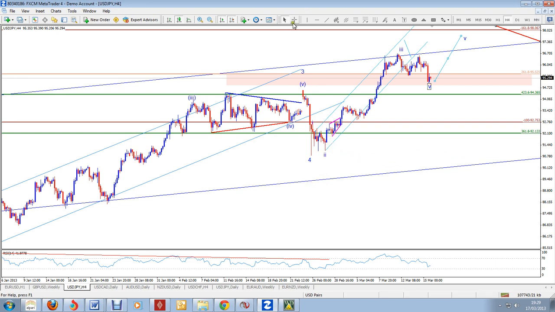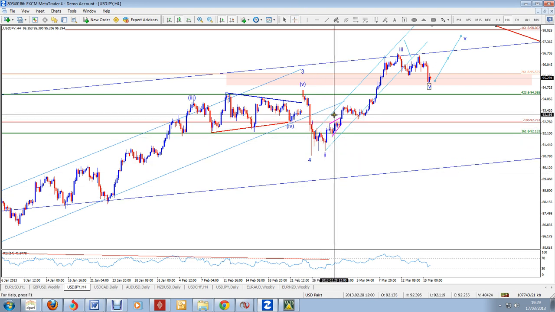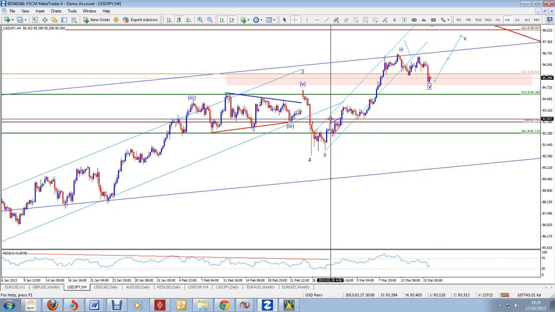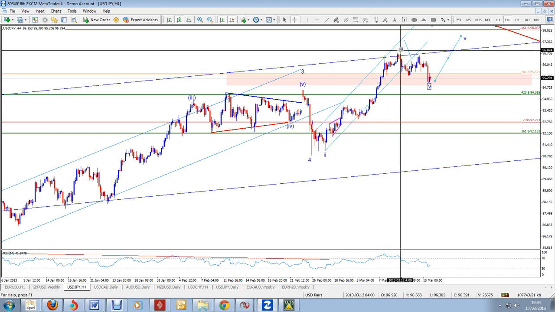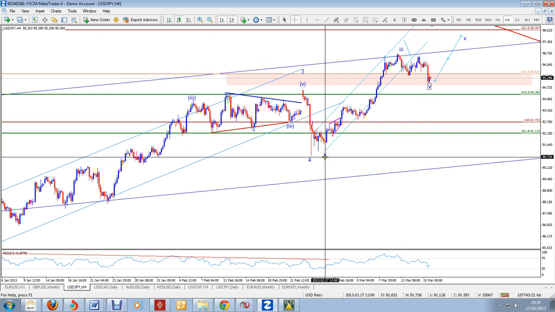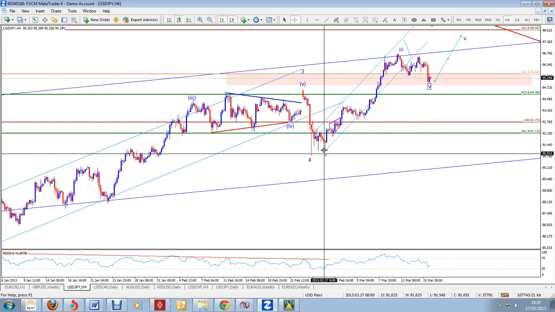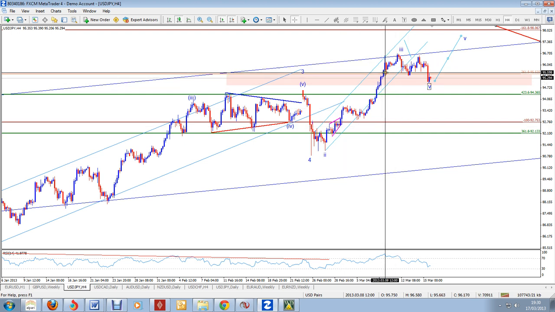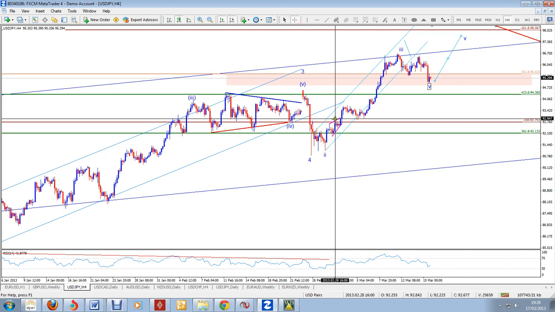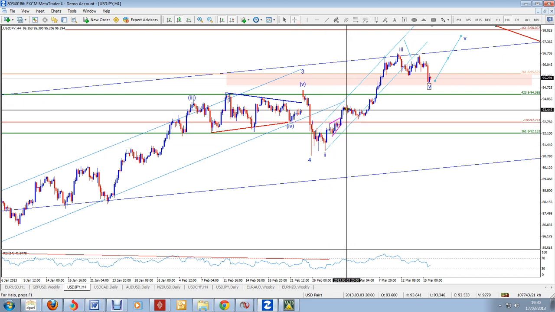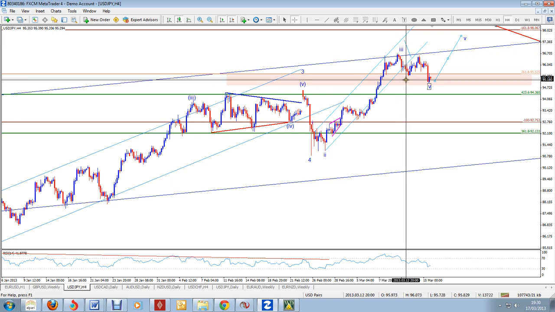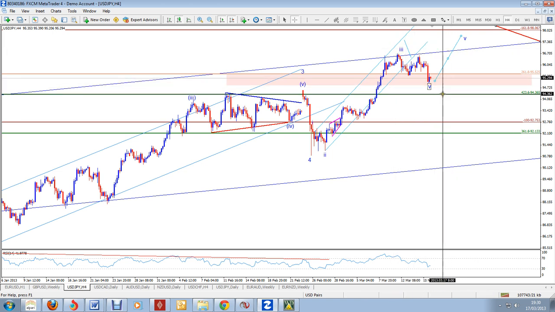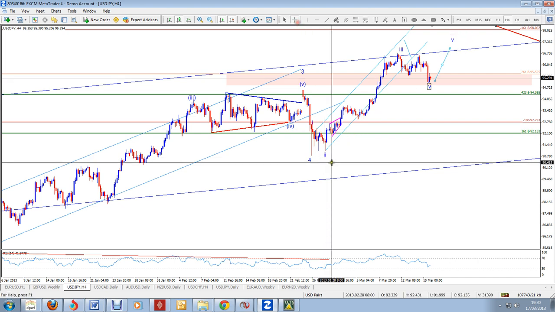So this would be 1, 2, and then this as an internal. Sorry, starting from here, you go 1, 2, and then we've got 1, 2, 3, 4, and 5 as the 3, 4, and 5, which could be something like there, and that will only complete this cycle here.